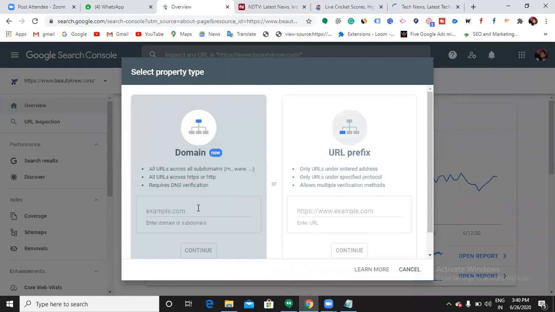Whatever website you give here, it will not only crawl that, but whatever subdomains are linked up with that website, and whatever protocols like HTTP or HTTPS, will be crawled here. You don't need to separately crawl each and every subdomain. Once you put the original domain here, it will crawl each and every subdomain.